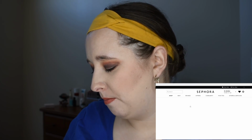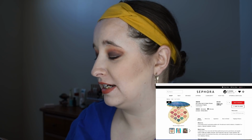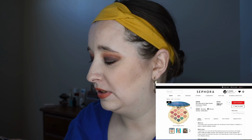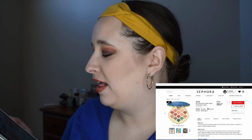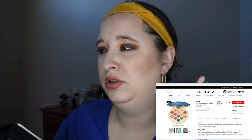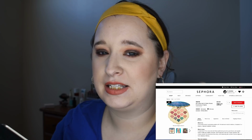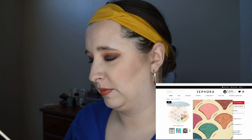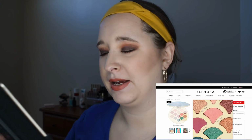So the first one here is the Tarte Be a Mermaid and Make Waves Eye Palette. Packaging adorable. It is honestly a seashell. If you are a mermaid lover, this packaging is adorable. Shadows wise, it's just like a rosy palette and then a couple blue shades. If I was a mermaid, I feel like I'd be all about blue, purple, really bright sea colors. And this is not what I would picture for a mermaid. So why am I tilted this way? Anyways,